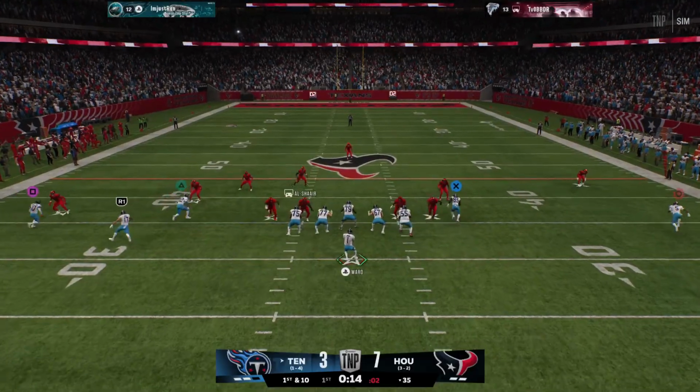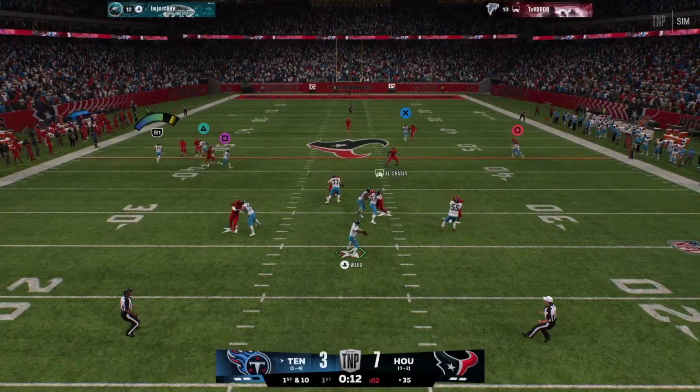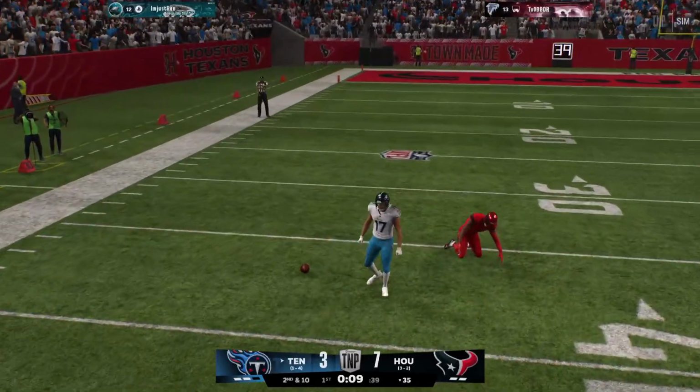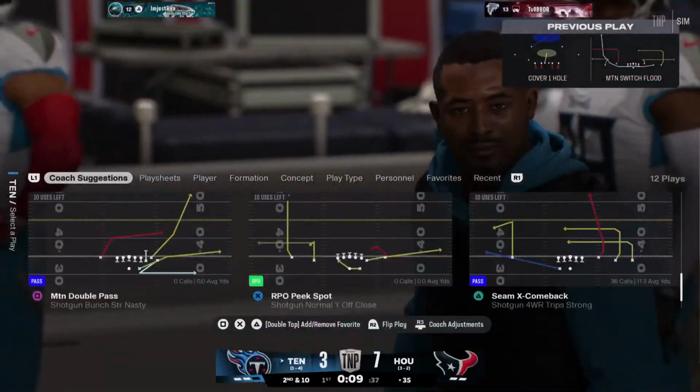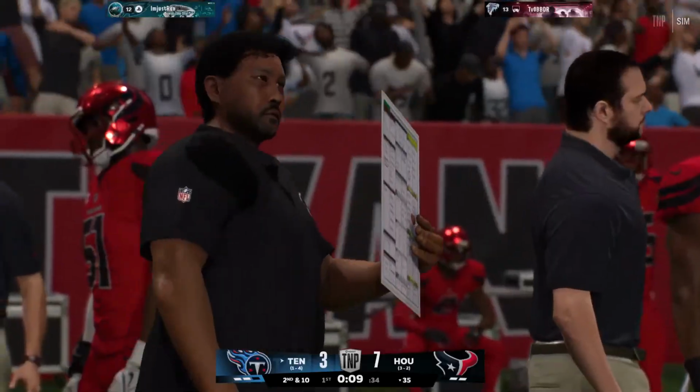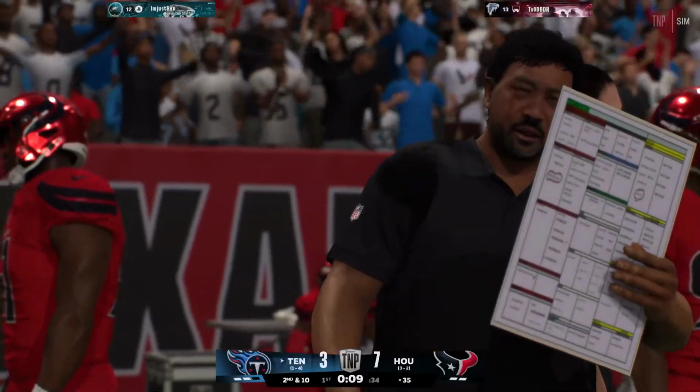And look, your game plan is going to be a little more limited, but so is theirs. So that's when you just appeal to your top players. Guys, you make plays in this one, we out-execute them, we can walk away with a win. You look at the defense for these Texans. They're